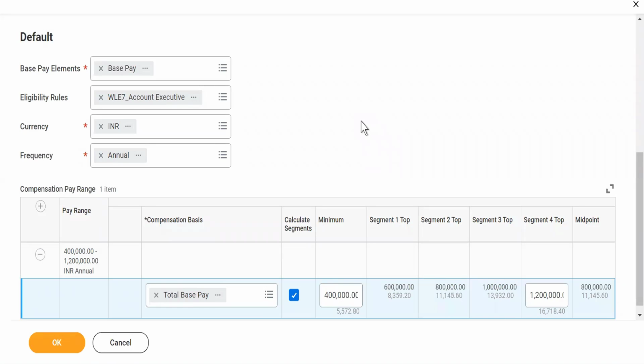And as I stated, someone is already having a package of 3.5 and they say that I need 30%, right? So 30% of it, how much is it? If you calculate, it's around 4.5, right? So if it is 4.5, what they will do is they will give a minimum package of 4 and they will add an amount based bonus plan of 50,000, and they will create a package and they will send it. The candidate is also happy, the recruiter is also happy, and the happiest is the hiring manager,